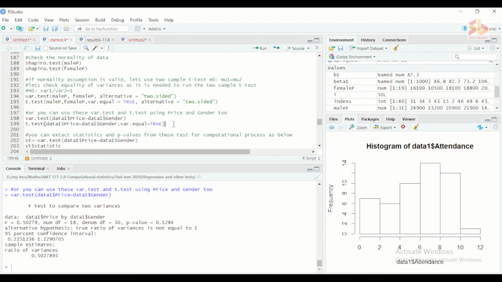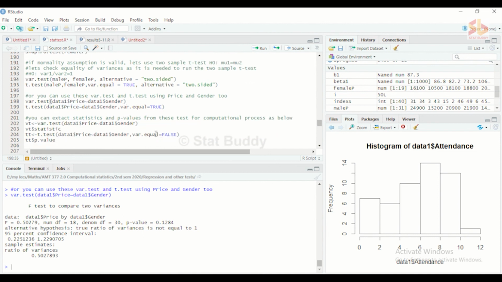To perform the t-test for 2 samples, you can give the data set in 2 separate vectors for males and females, or you can give the response variable values in one vector and the corresponding categorical values in another vector, and use this tilde mark to give the input to the function. So this is the other way.